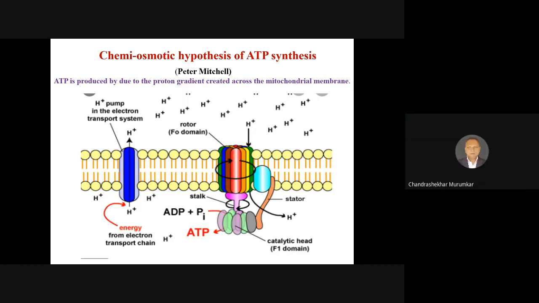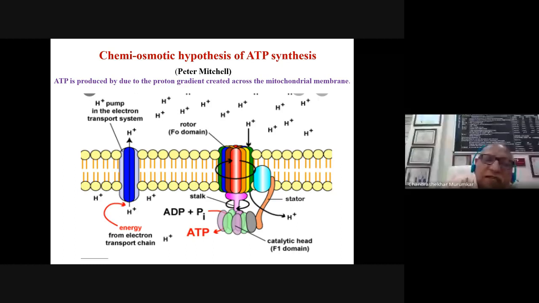Because of that, the ATP synthetase enzyme, the F1 particle, is rotating. When this rotation takes place, it combines the energy with the hydrogen protons and the phosphate bond to form the high energy phosphate bond, and this high energy phosphate bond links with the ADP molecule to form the ATP molecule. So this movement of hydrogen protons across the membrane, generating energy and converting the energy into the form of ATP molecules, is called the